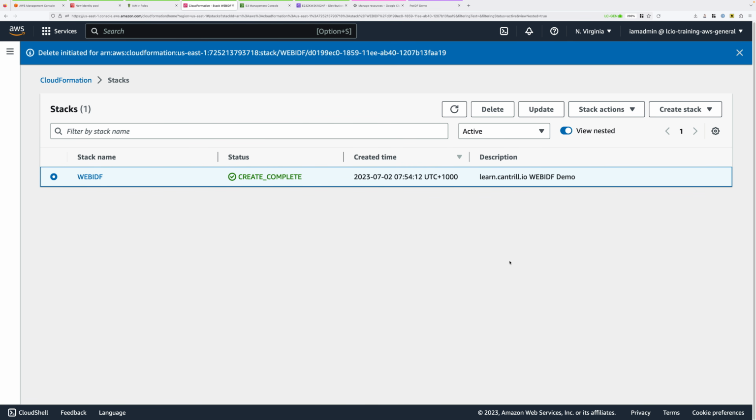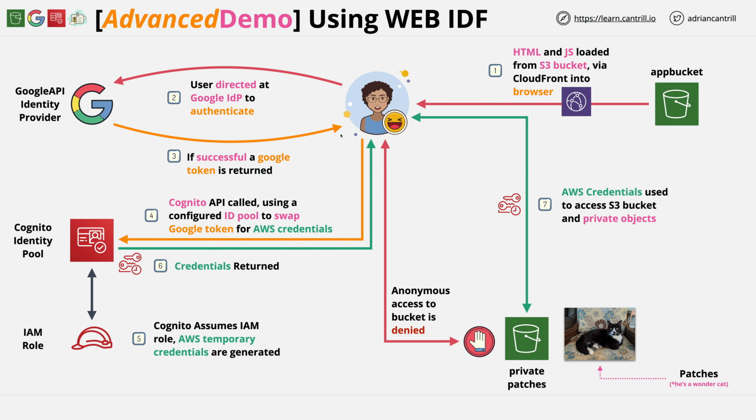You've successfully implemented the architecture that's on screen now. So I hope it's been enjoyable. All of the techniques you've used and all of the products are equally as applicable with large, complex ID federation projects. And so what you've learned in this advanced demo series will be massively valuable to real-world AWS usage, and if you have any questions in any of the exams on Identity Federation.